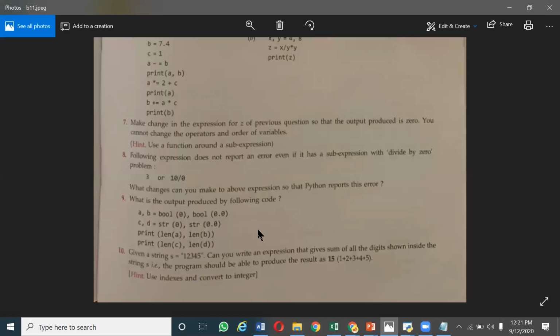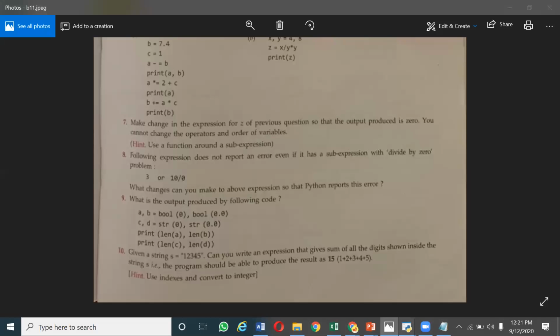So if you want to go for the length, print of length of A comma length of B, bool of 0 is a constant. Whenever you go for length, that will give you the number of characters. If it is a sequence, you can find it, but this is not a sequence, it is a constant.